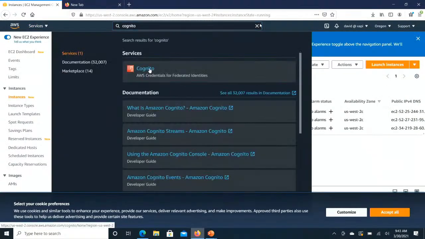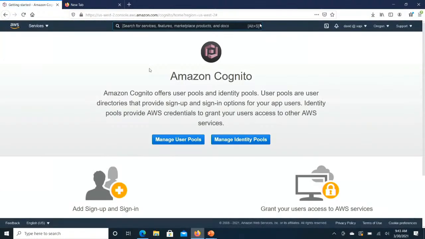And Cognito, if you're not familiar with it, is an authentication and authorization system. And it really does a lot of the heavy lifting for you. So it's super, super simple to get started. You have manage user pools. And a user pool, think of it as a collection of users for a single application. And to create a user pool, you're able to do things like put a password policy that says you have to have 8 characters and one of them has to be uppercase, another has to be a special character, that kind of thing. You're also able to assign your users to different groups and then assign those groups a role,